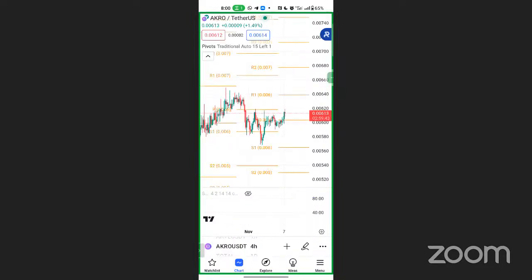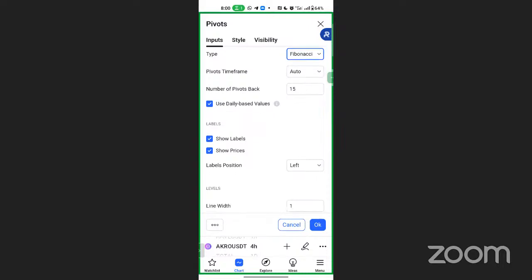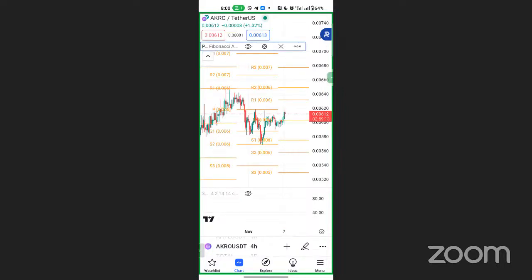Now, you can tap on the settings, and it has an area of input. And here there is an arrow. Please turn this to Fibonacci. Fibonacci is one of the amazing indicators we shall be looking at in the near future. Then you can decide where the position will be, left or right. It's up to you. Now it is on the left, which means that